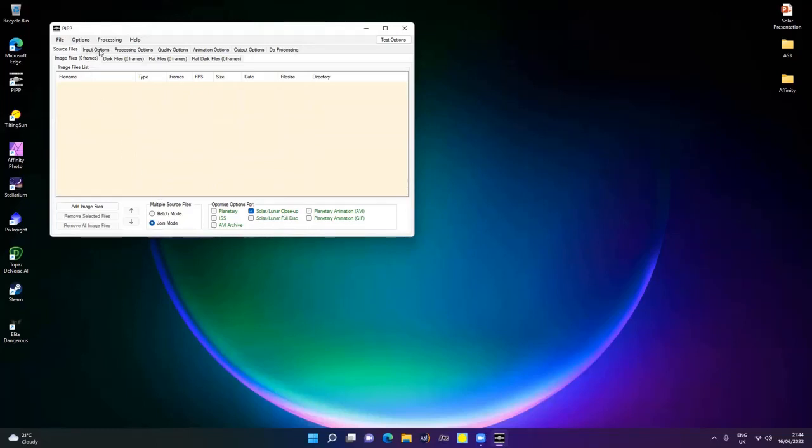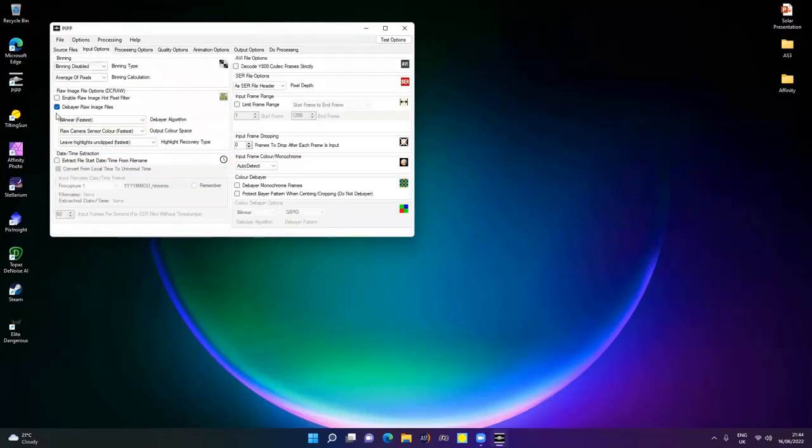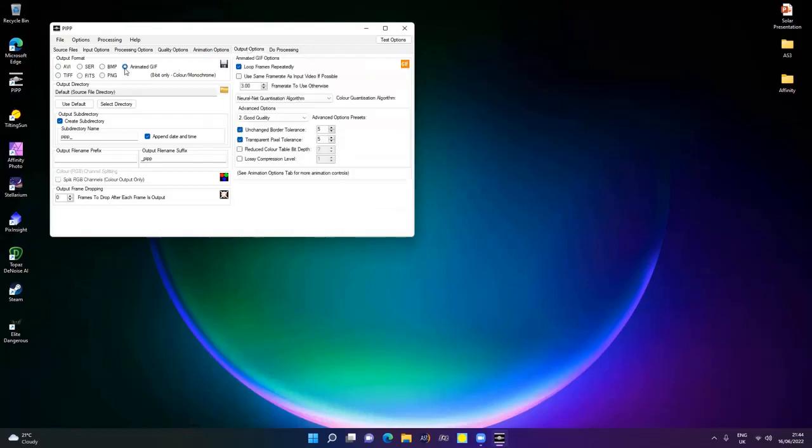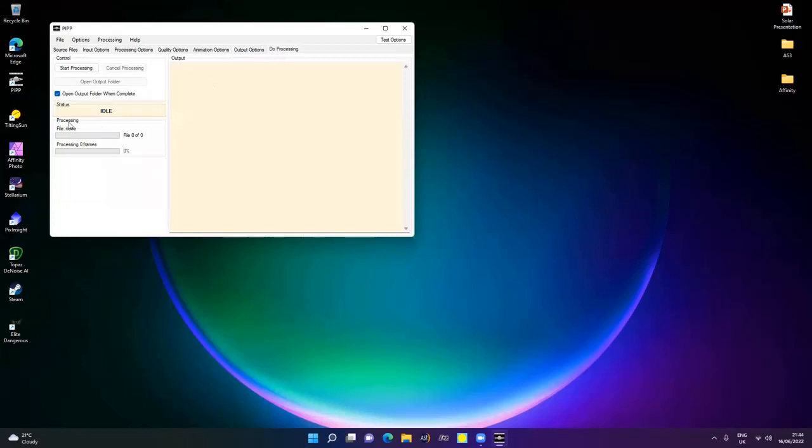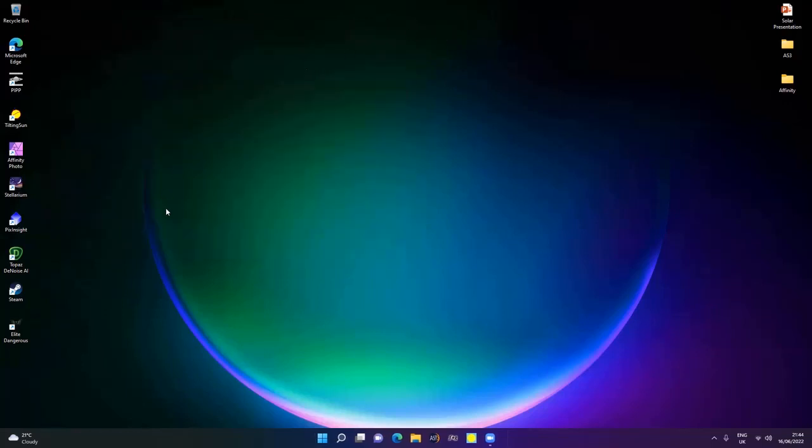And then you go into this top row, input options. So I don't need to debayer my image file, so I'll take that off. And you literally work through all of these. And again, there's videos online on how to actually do this. And then output options, I'd do it as an animated GIF, choose a folder where to save it, and then hit the start processing button. And it will literally stitch all those images together into one file, which will be the GIF. And what you end up with is,